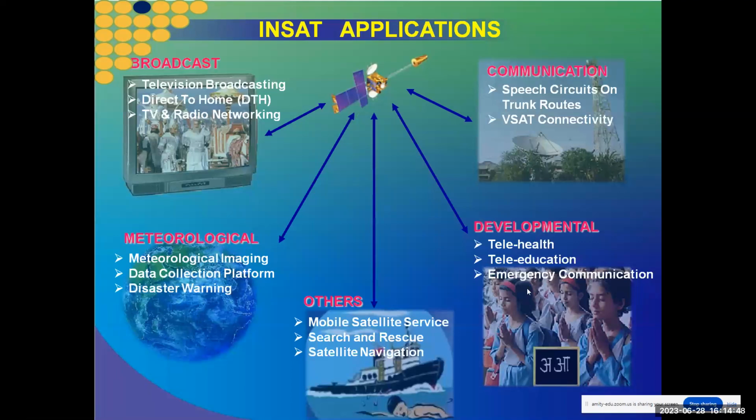So these are the INSAT applications. There are various applications of Indian satellites, including broadcast, communications, meteorological, and some development. In broadcast applications, they include television broadcasting, direct to home, that's called DTH, TV, and radio networking. In communication, there is VSAT connectivity and speech circuits on trunk routes. In meteorology, there is meteorological imaging, data collection platforms, and disaster warning. In development, there is tele-education, including health and emergency communication. Apart from this, there are various applications, including mobile services, search and rescue operations, and satellite navigation. All these applications come under the Indian satellites, which are governed by the Indian Space Research Organization, right? So now the next one is the